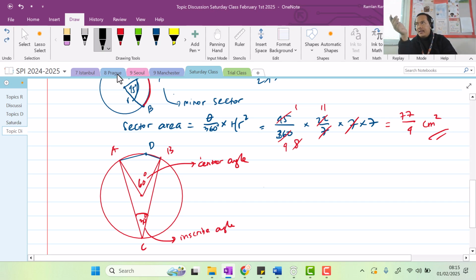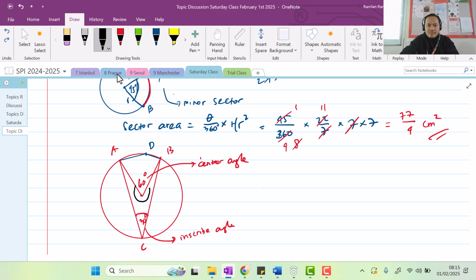Now, how do we calculate that? There are a couple of methods, two major methods that we can use. The first one, you can find this angle first, right? What's the angle there? It's 300, right? Because the full circle is 360, and because this is 60, so this is 300. So this is just the inscribed angle of the 300, which is 150. It's just half of the 300. Yeah, that's 150. That's one method.